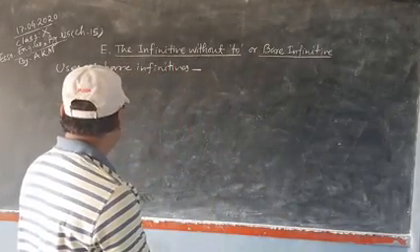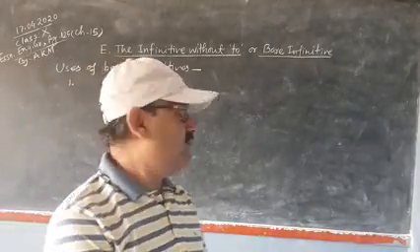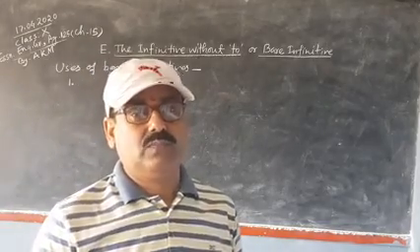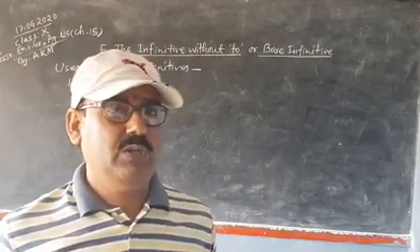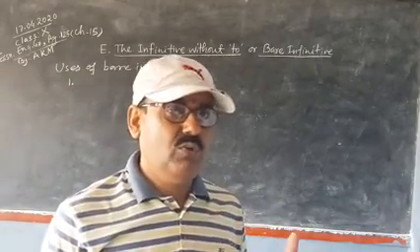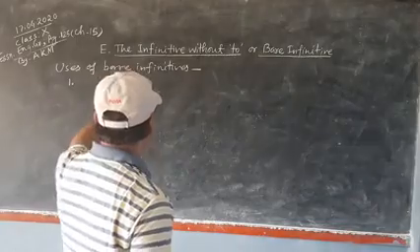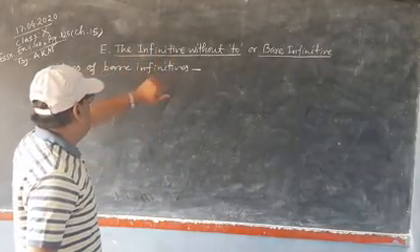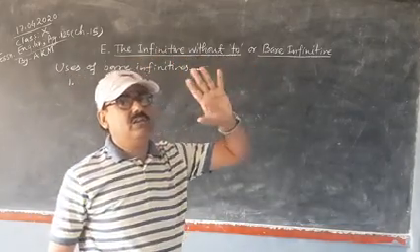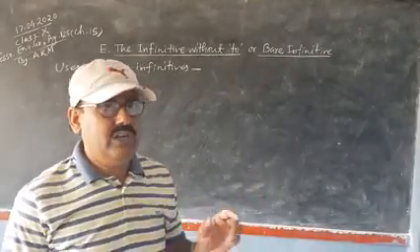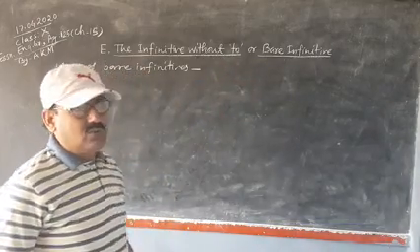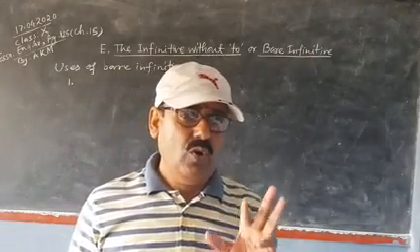Exercise. Next exercise we will take chapter 15. Now page number 125. We are today starting with bare infinitives. Infinitives that come without to, or infinitives without to. The infinitive without to is also known as bare infinitive. As you know, bare means blank, and a bare infinitive means those infinitives which will not come with